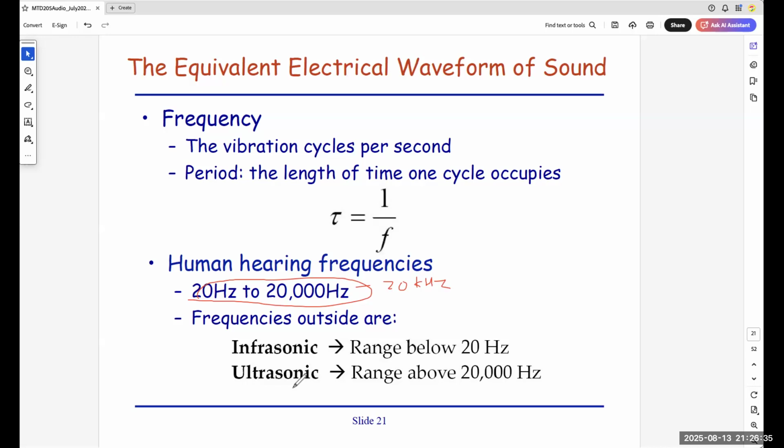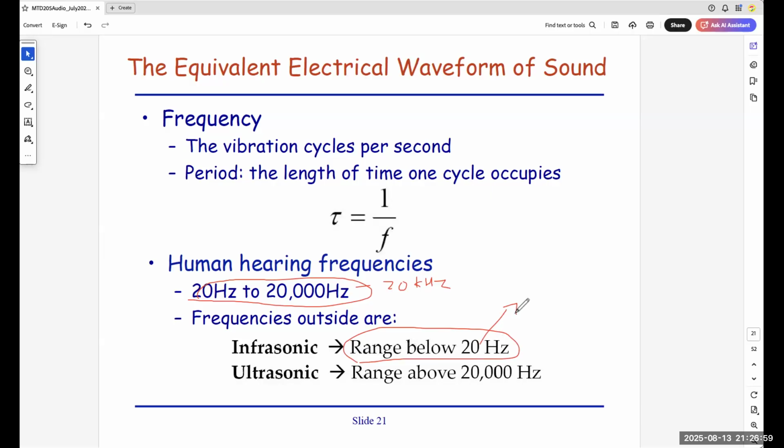Okay. So infrasonic is the range for elephants. Elephants use something below 20 hertz to talk. So if you go to the zoo, of course, I don't know whether you are able to hear the elephant range. You go to the zoo, maybe the Mandai Zoo, you can see 2 elephants maybe talking to each other using below 20 hertz.